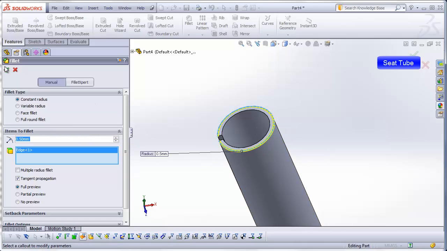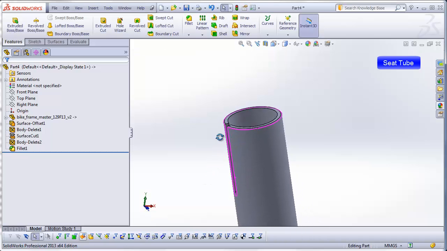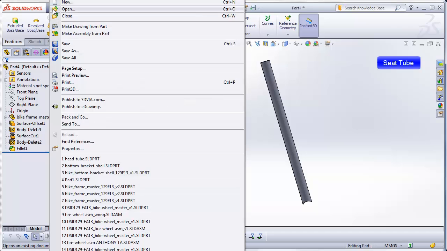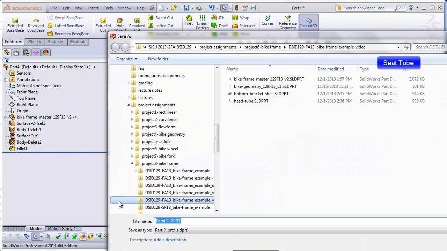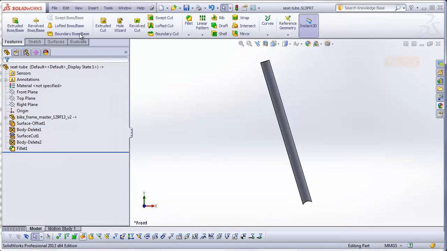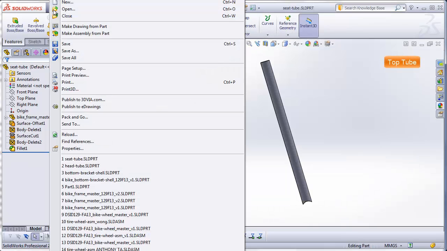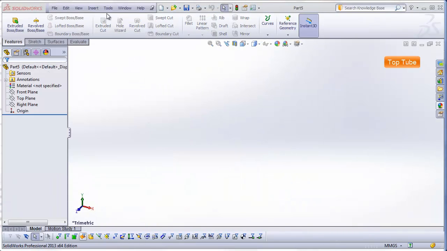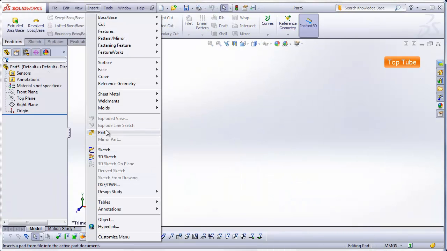And that completes the seat tube. So just saving this, File, Save, Seat Tube, and now we move on. File, New, and again, Insert, Part, Bike Frame Master,